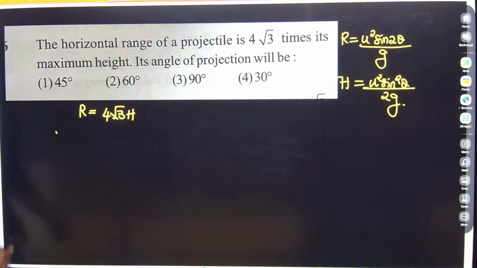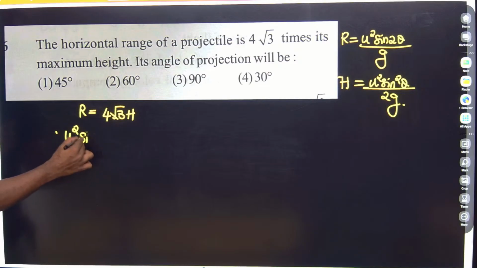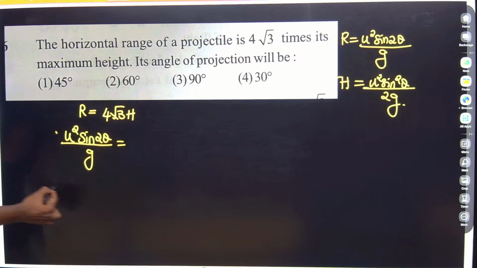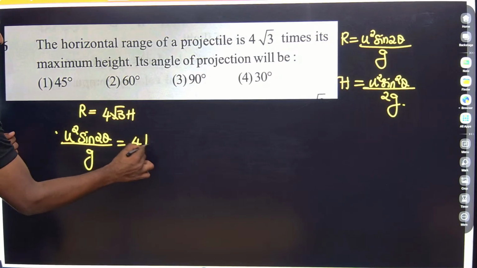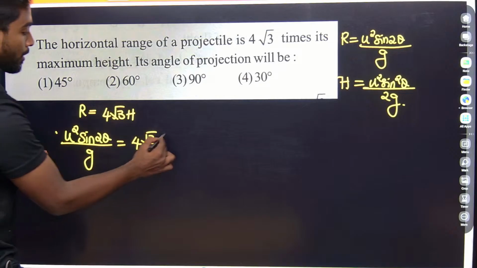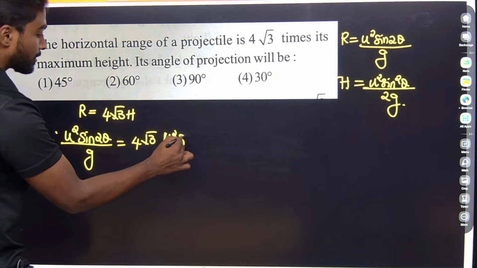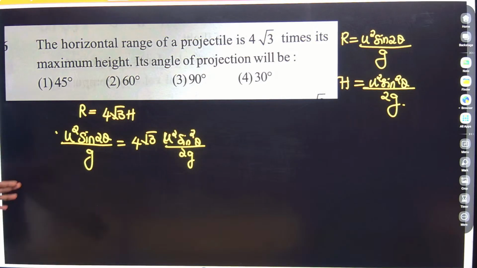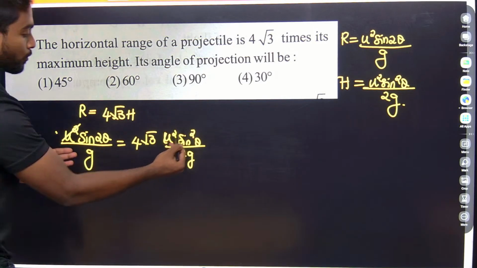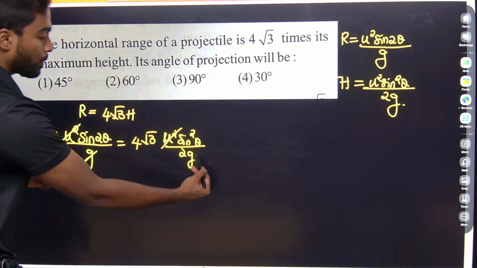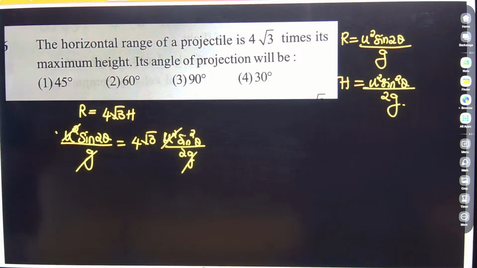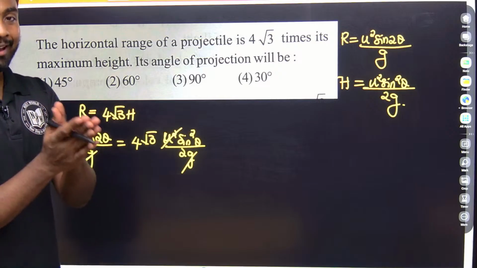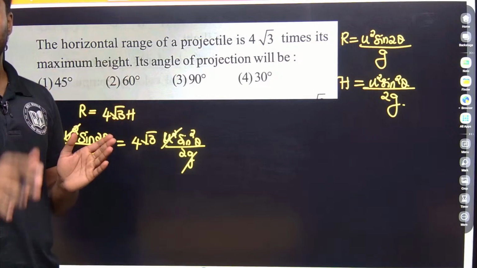So the range I am taking, u square sin 2 theta by g, should be equal to 4√3 times u square sin square theta by 2g. Okay, what I will do is, u square cancelled off, g and g will be cancelled off here. Remaining, sin theta one side and the remaining number other side I will take,